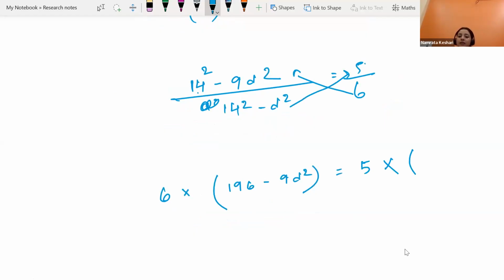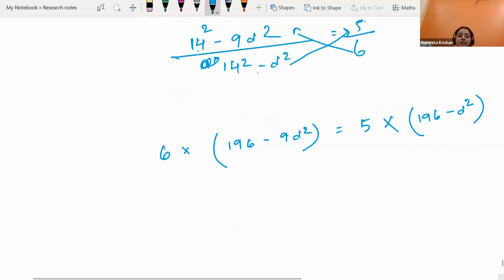So 14 square is 196 minus d square. Let's simplify it. 6 times 196 is 1176, minus 9